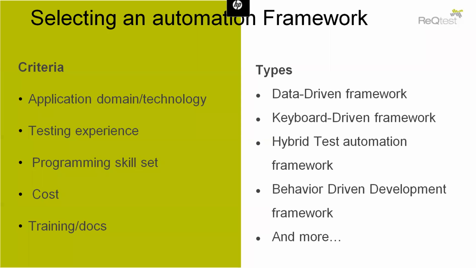Now, coming to the hybrid testing framework. As the name says, this is a combination of two or more frameworks. The best thing about such a setup is that it